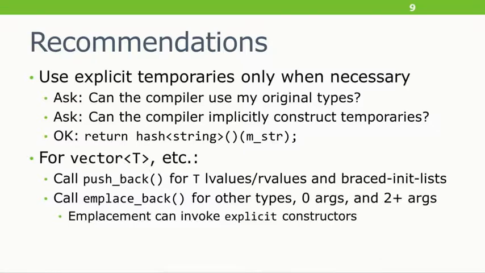You can't do better. I'm sure that Scott will be mentioning, oh yeah, for braced init lists, you also need to call push_back. Yes, he's right, and for a few other things. But aside from those squirrely little bits that can't be perfectly forwarded, if you're trying to push back something that's a different type, or you would prefer to construct the object from 0 arguments or 2+ arguments, then push_back is not ideal. You should go directly to emplace_back. Just say, construct this thing in place. It's a placement new. And that's less typing, and it's more efficient. And it can also invoke explicit constructors. So the constructor being explicit is not a reason to avoid emplace_back.